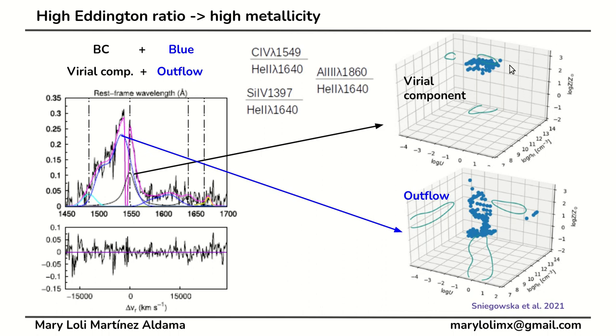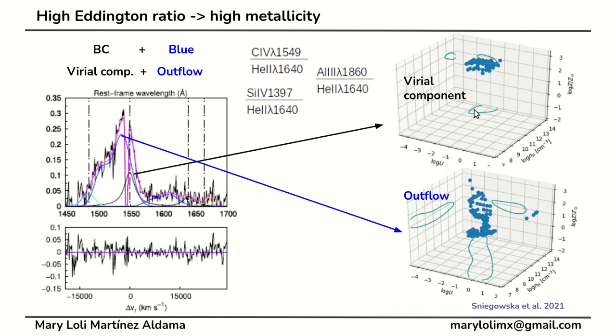You will see that we are really getting super solar values for the Super-Eddington AGNs, but we are also getting an enrichment. Apparently there is an enrichment of the aluminum. You will also see that we are getting denser regions and very low ionization